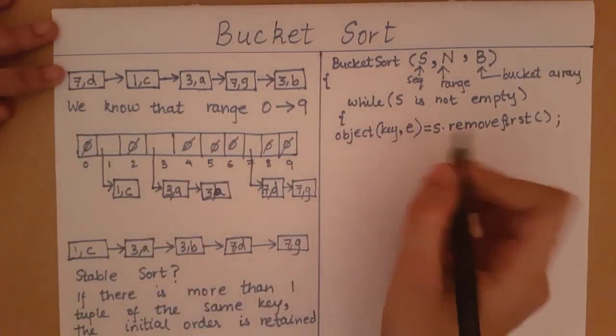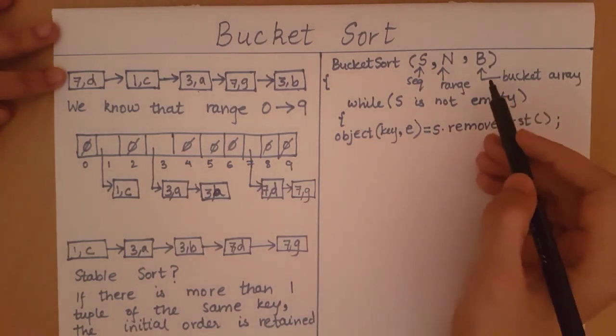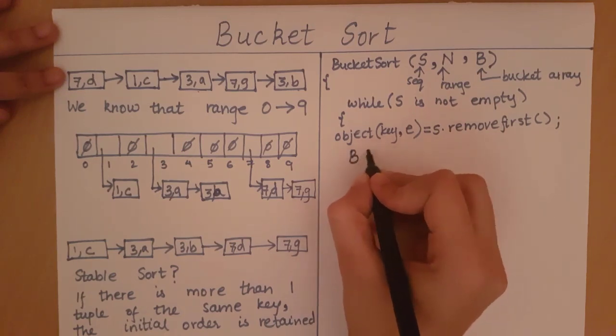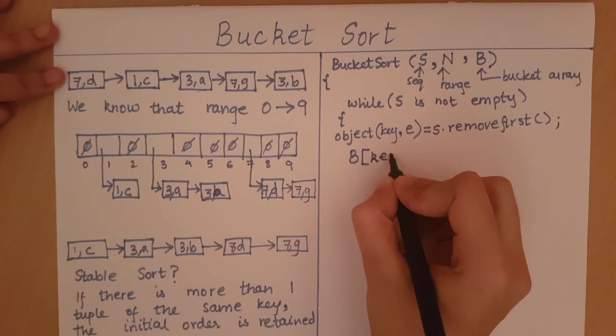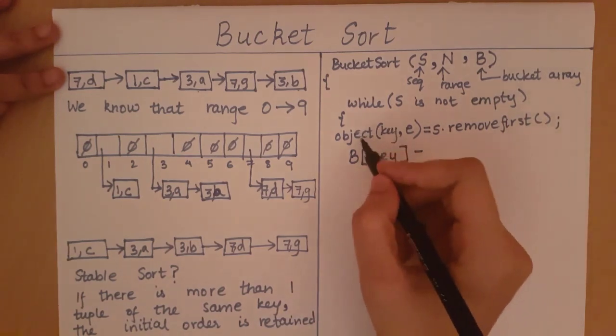Once I have this key element pair, what I'll want to do is, in B, which is our bucket array, at index equal to the key,